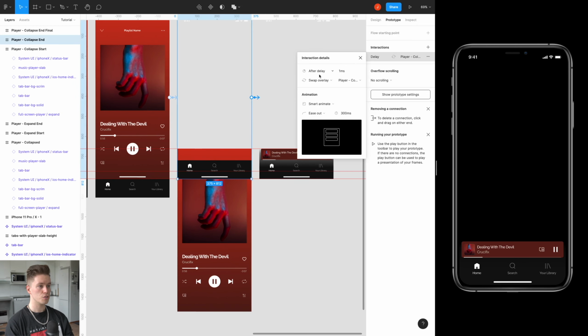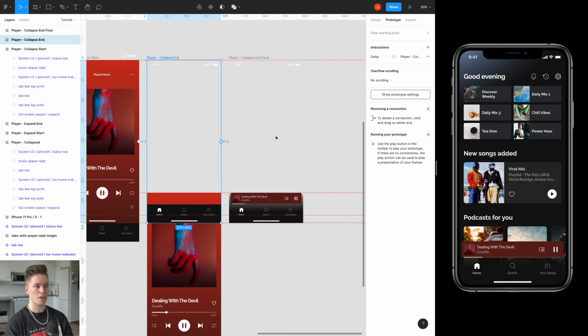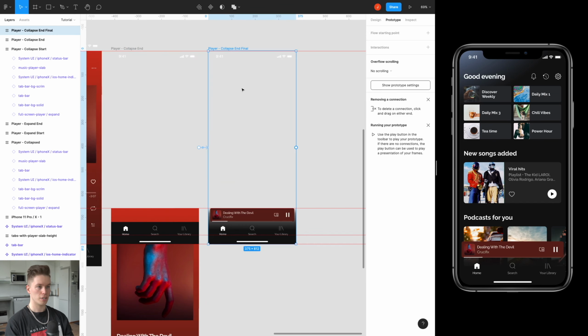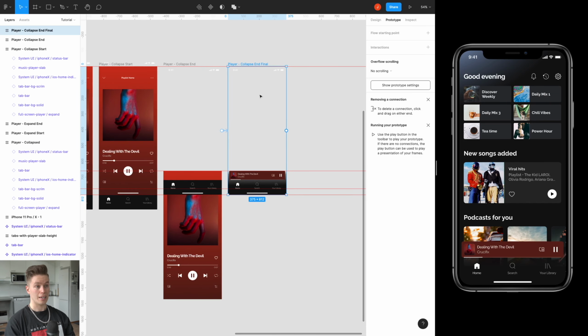Okay, so let's say if it now works, it should be right. And let's restart the prototype. Like so, we can drag up, we can drag down. Okay, it looks good. But as you can see, you can't scroll the content anymore because now we are at this frame, which is still taking up the whole screen. And that's why we need to